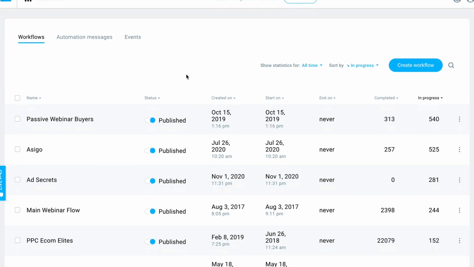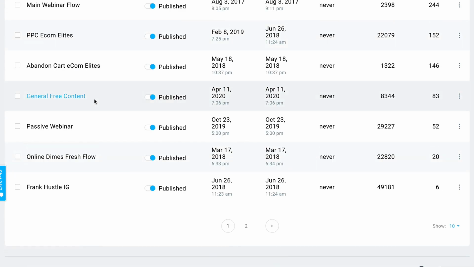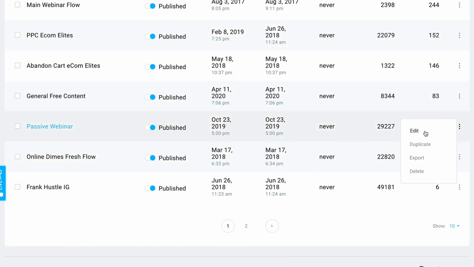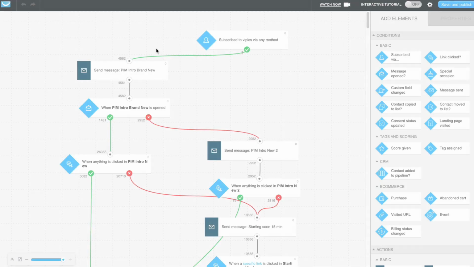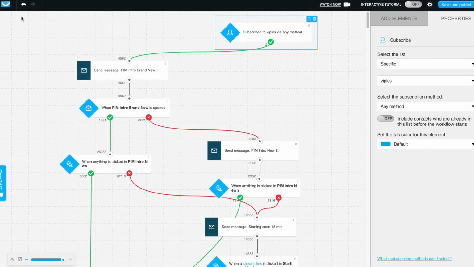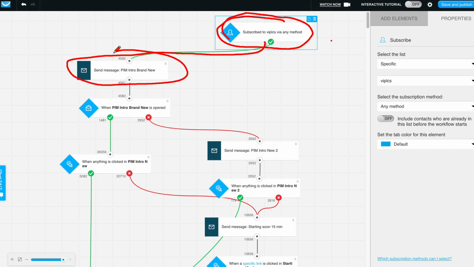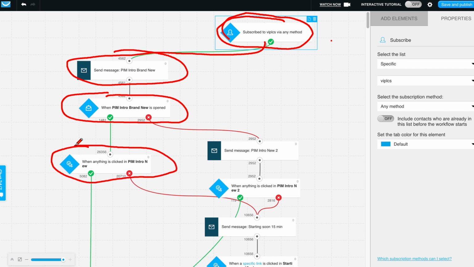So here is, let me just find one. Here's one of my automations here. And essentially what happens is, this one isn't working anymore, we're not doing this webinar, but people come in via the list at the page, and they get these emails that we can send out automatically for the rest of our lives, and we don't have to touch anything once this is set up.